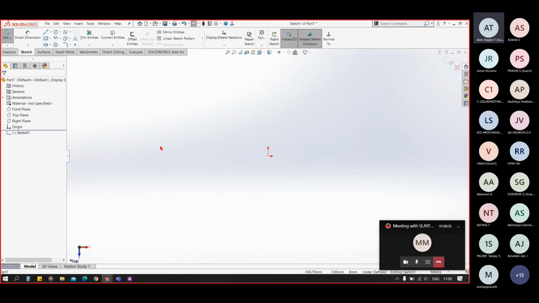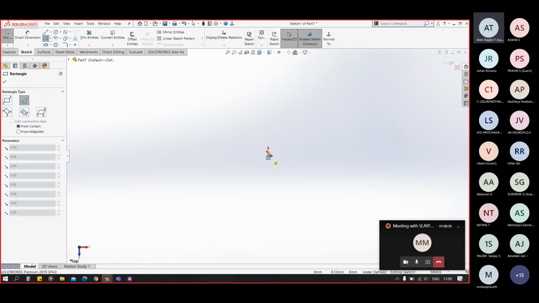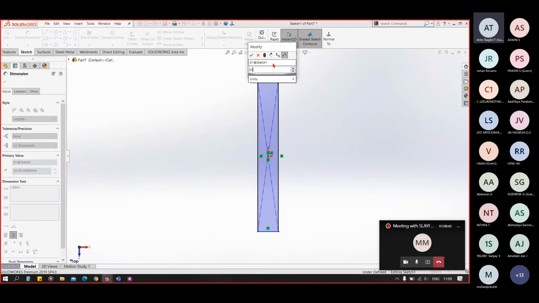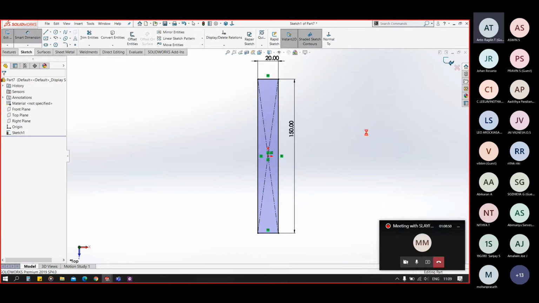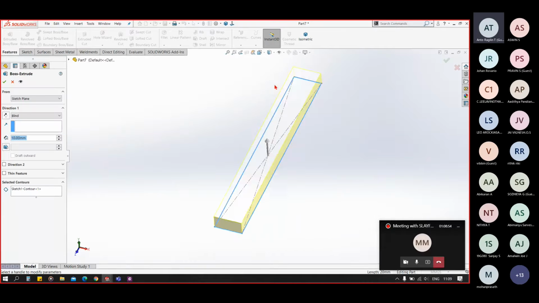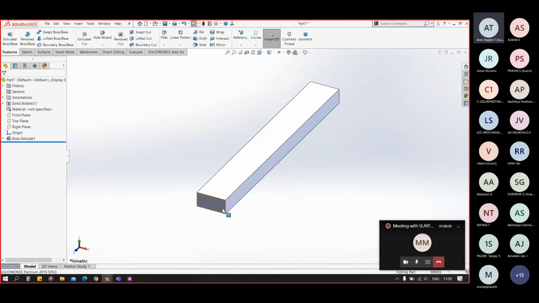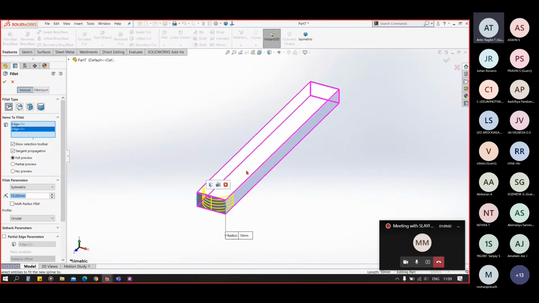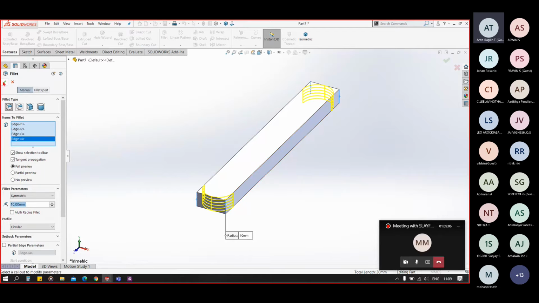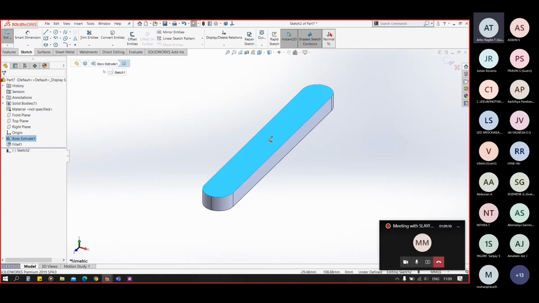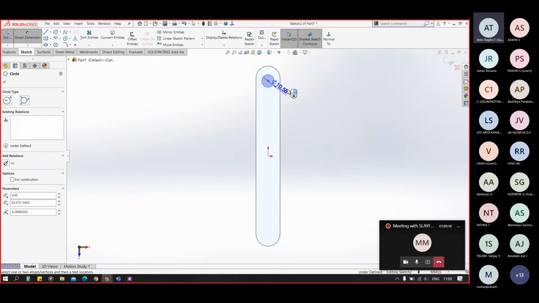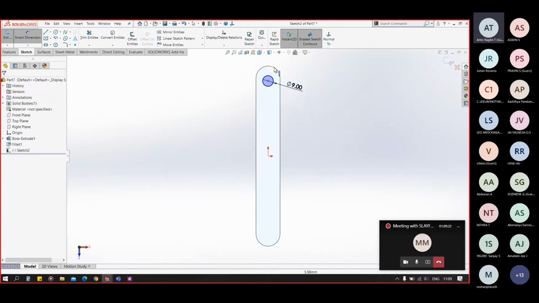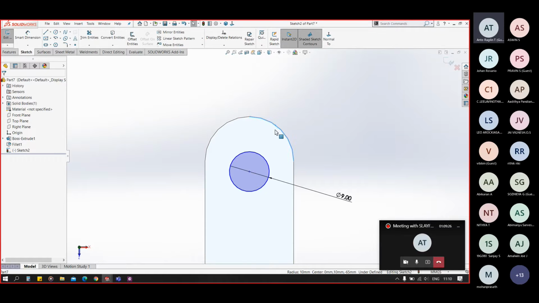Now I have the other part. Now I'm adding a circular knob there of 9 mm diameter, and I am making this concentric with the fillet face.